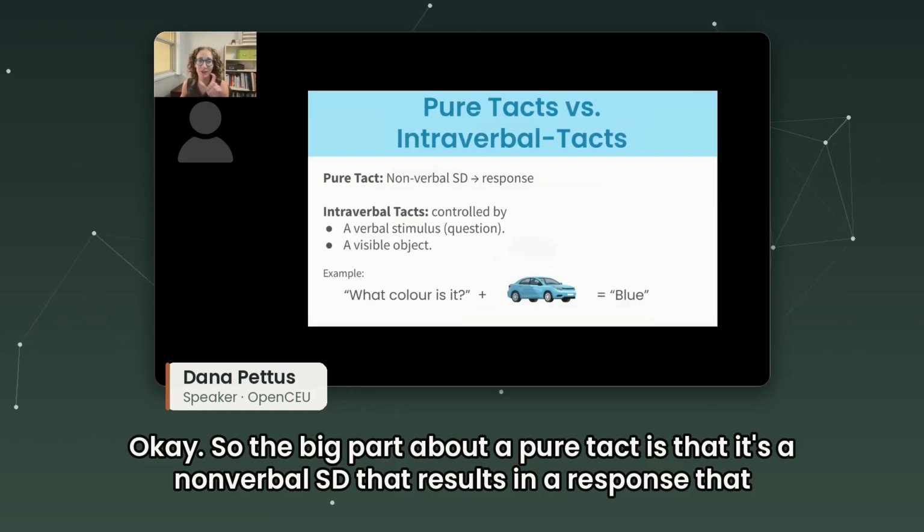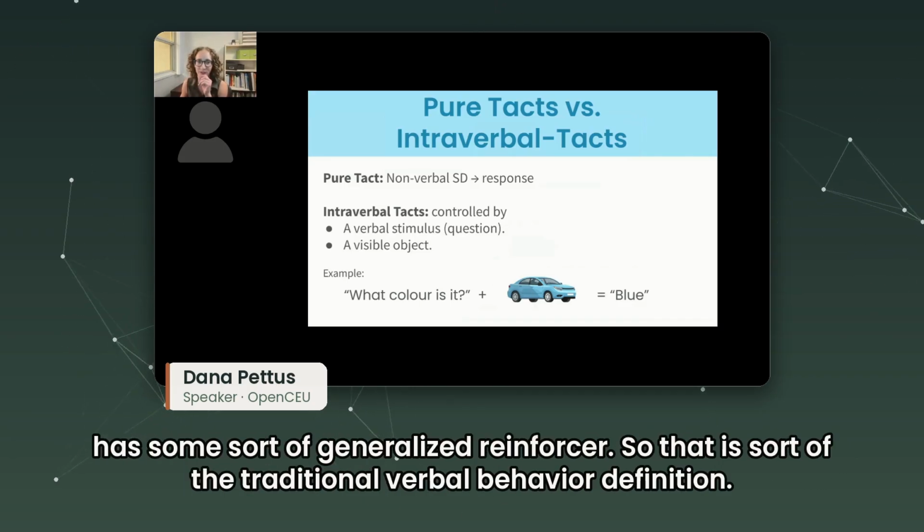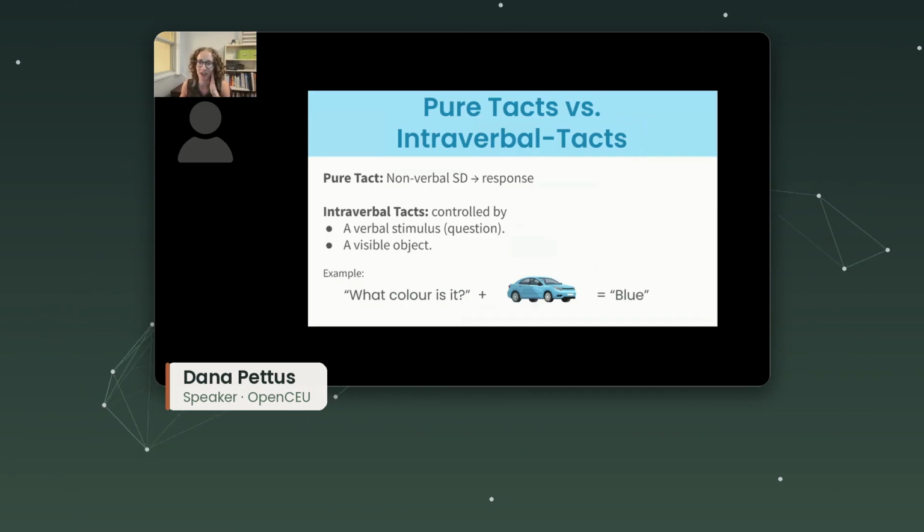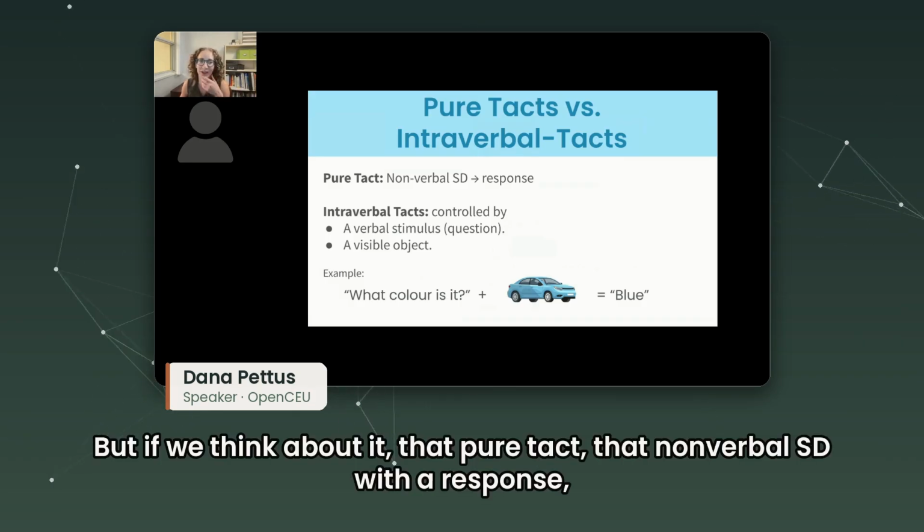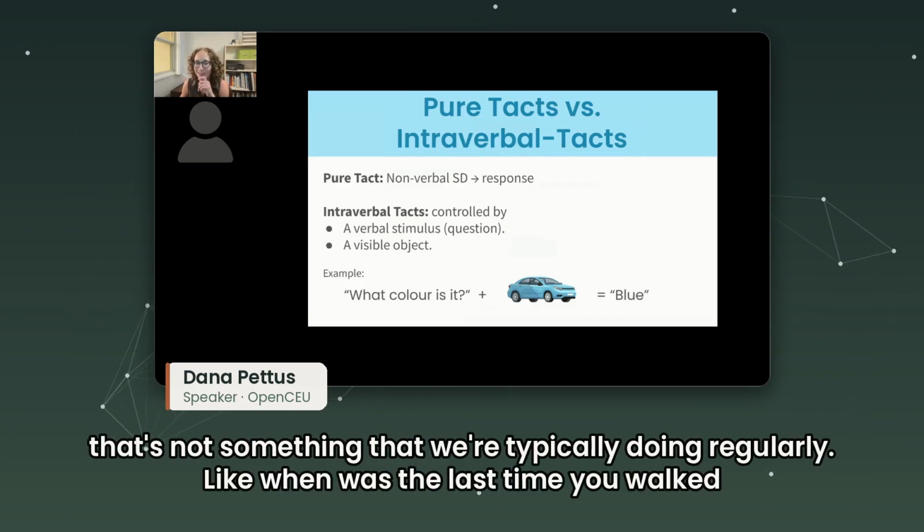So the big part about a pure tact is that it's a nonverbal SD that results in a response that has some sort of generalized reinforcer. That is sort of the traditional verbal behavior definition. But if we think about it, that pure tact, that nonverbal SD with a response, that's not something that we're